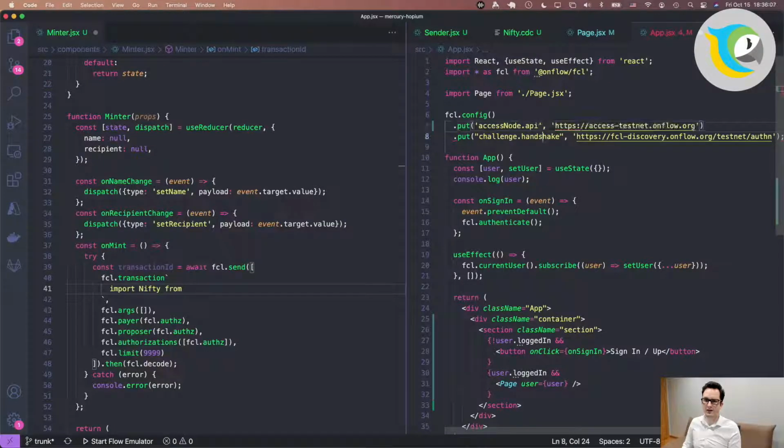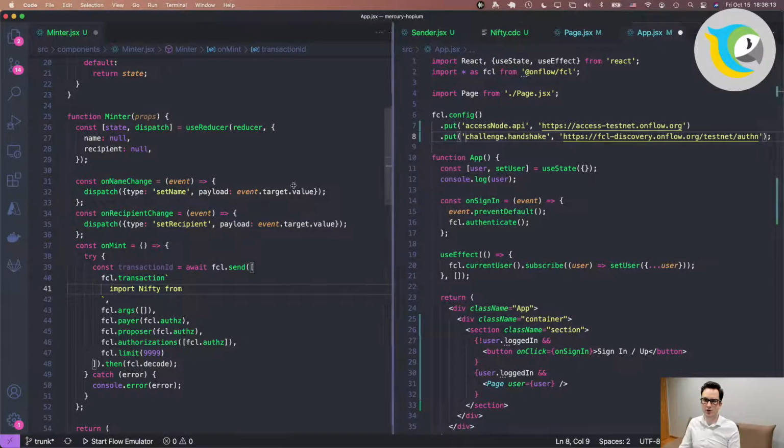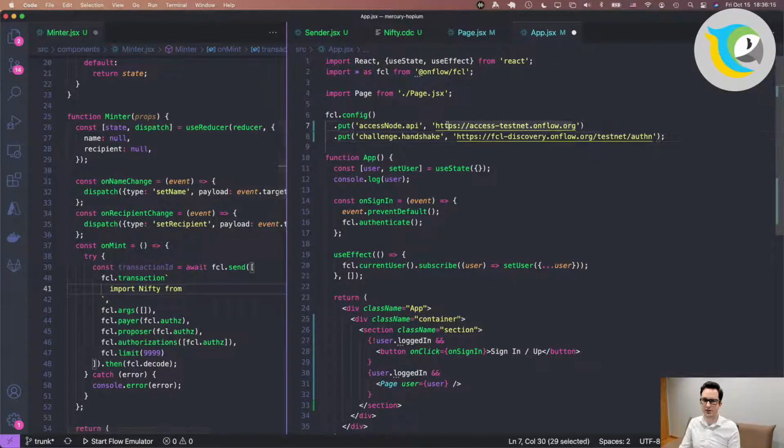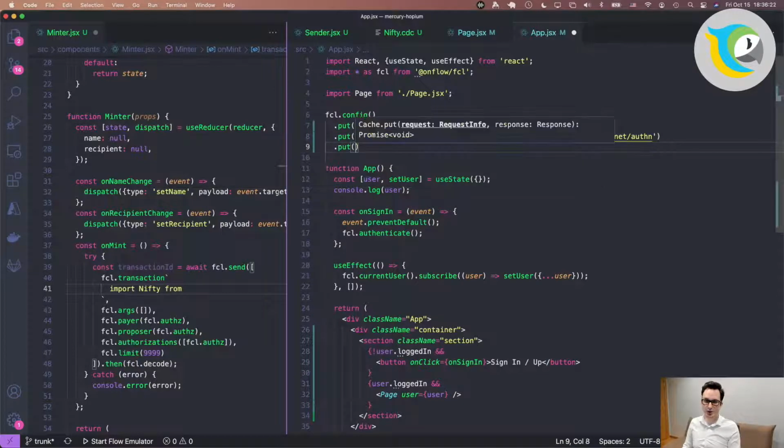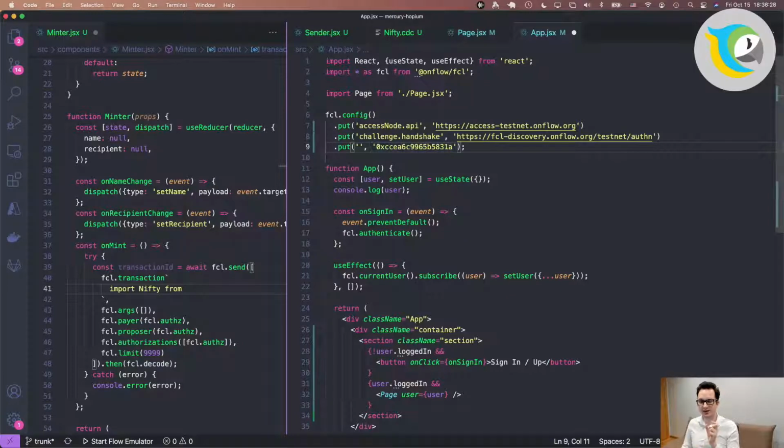We have this FCL config where we set up the access node, which just means that we're working with the testnet, and then we're using FCL discovery to find the wallet. We can go ahead and put anything else in there for our convenience. And in this case, I'm going to put this account, which is hosting the Nifty contract. And I'm just going to say 0xNifty.